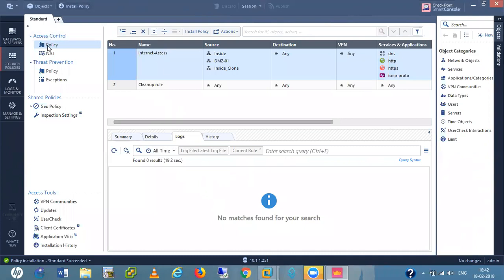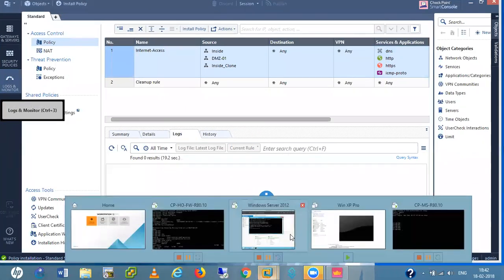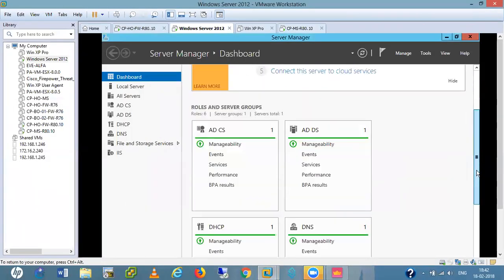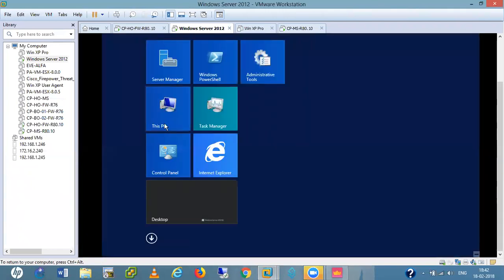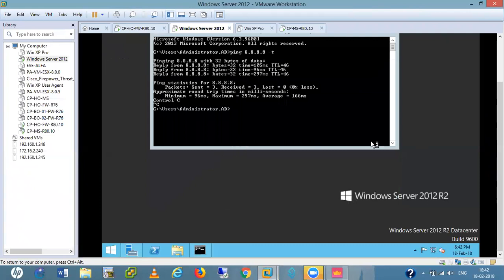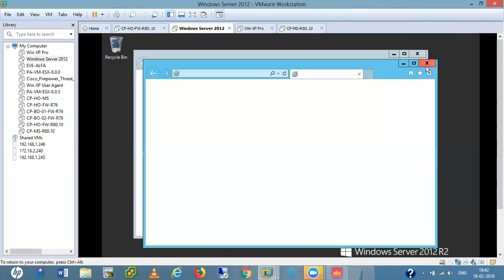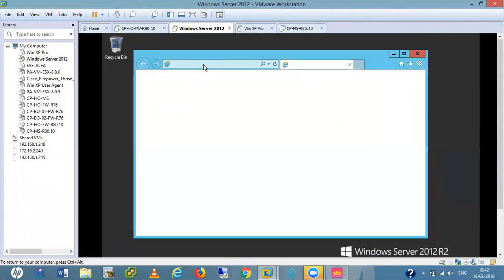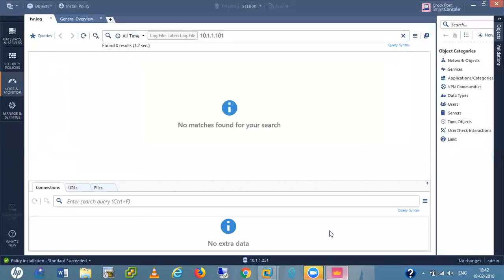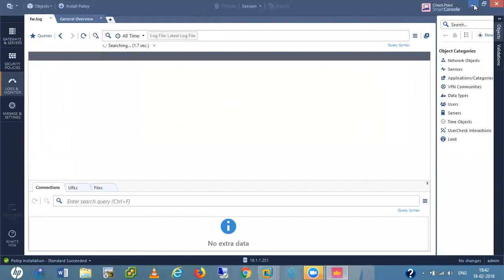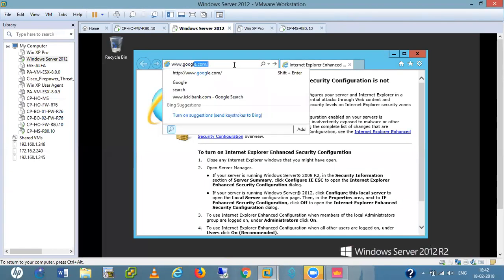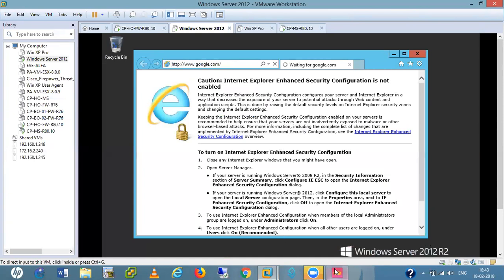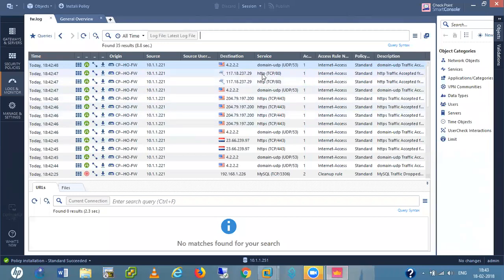Not an issue. www.google.com. I'm getting logs here. So our traffic is going through the firewall.